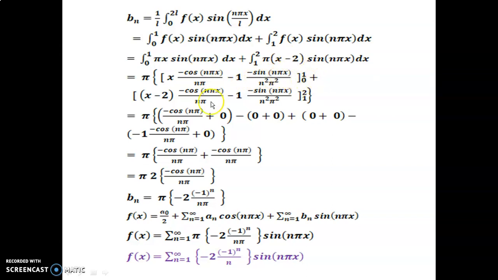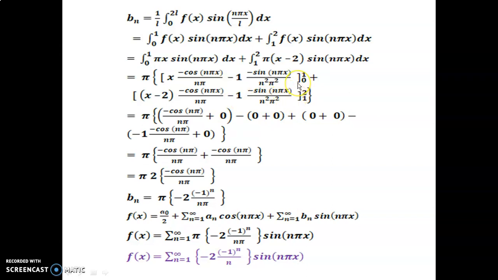Now second term, x minus 2 as it is, sin n pi x, integration is minus cos n pi x divided by n pi, minus derivative of x is 1, derivative of minus 2 is 0. Integration of cos is plus sin, here minus present, so keep as it is, sin n pi x divided by n pi into n pi, that is n square pi square. Third term will not come because the derivative of 1 is 0. We will stop this series.